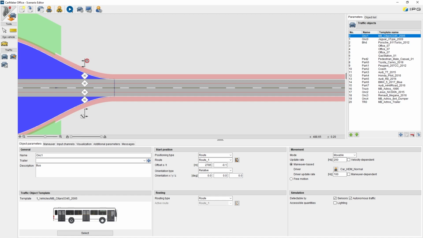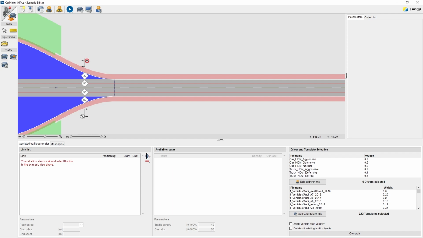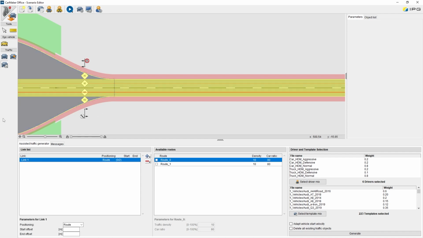To generate traffic objects, at least one route and one road are needed. In the tab Assisted Traffic Generator, you find Link List. This is a list of all links on which the traffic objects are placed.